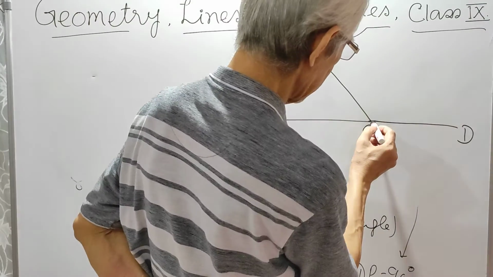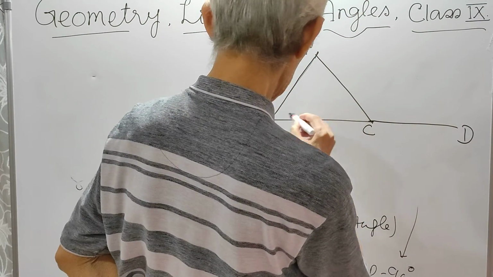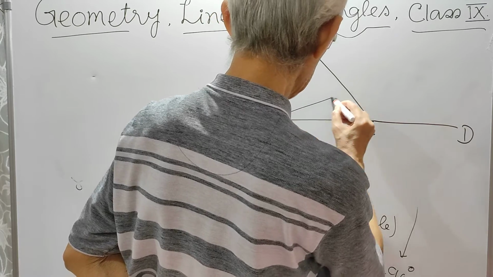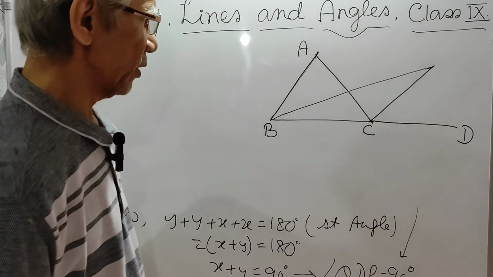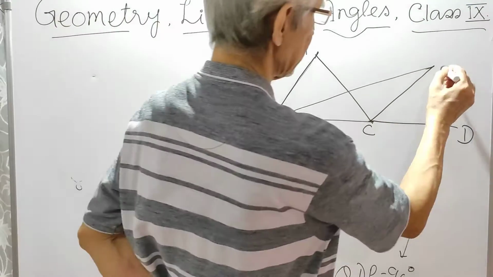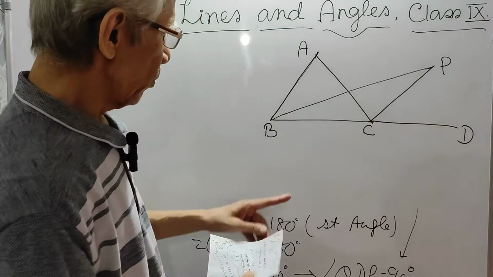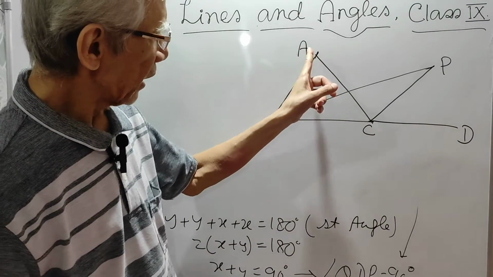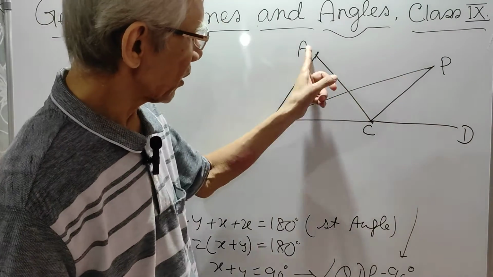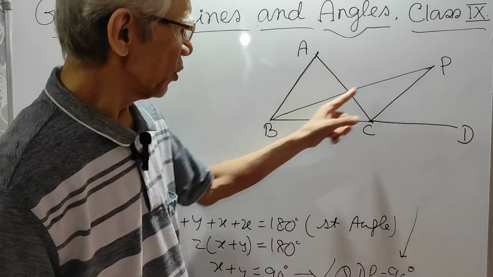Then the bisectors are given: bisector of this angle B, and bisector of ACD. So two bisectors are given. BP is a bisector of this angle ABC and CP is a bisector of ACD, and these two bisectors